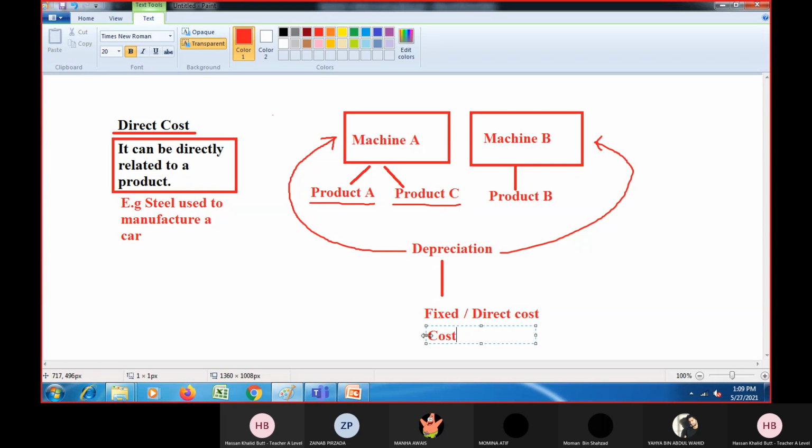But generally, again, I'm telling you, generally direct cost is a variable cost. Okay, but on some special occasions, as this is the case, it can be a fixed cost as well. That is why if you write the definition of direct cost as the cost which varies with the level of output, it will be wrong. Incorrect answer. You would not get any mark for that. All right. Any question or confusion regarding that? You are clear? All right.